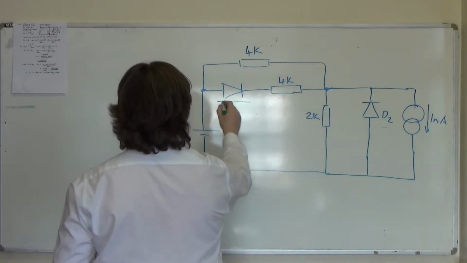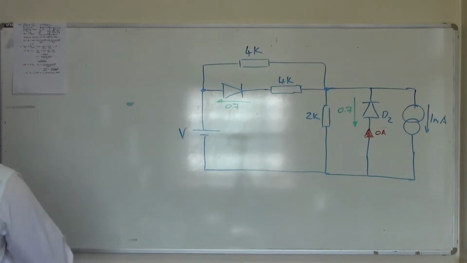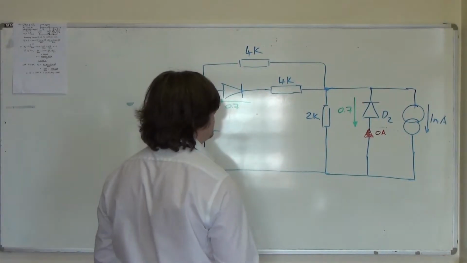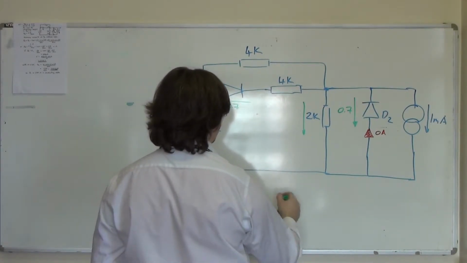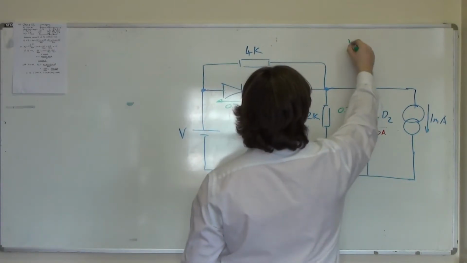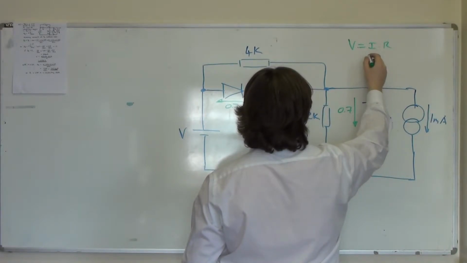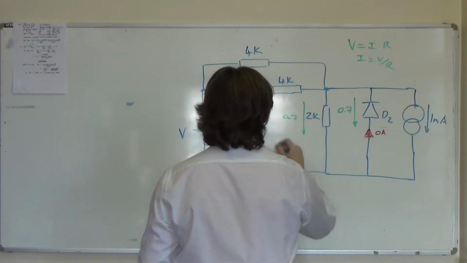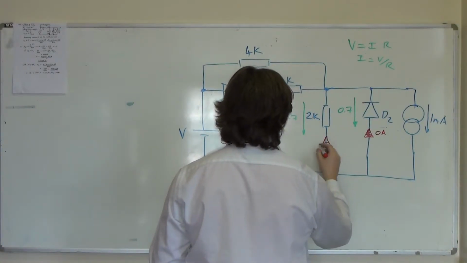Working with our usual mechanism, there is 0.7 volts across the diode. We're saying, what do you have to do to make D2 on the point of conduction? The first thing we can say is, if there's 0.7 volts across D2, there must be 0.7 volts across the 2K resistor, in which case V is I times R, or rather I is V upon R, and we can say that this current here must be